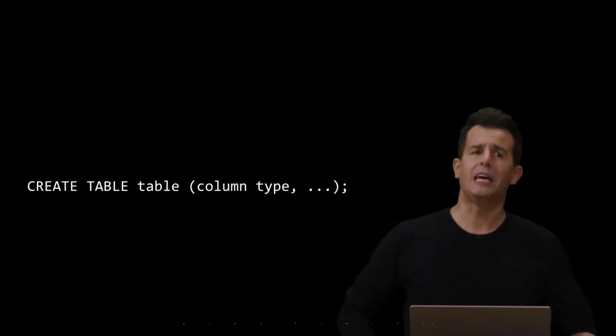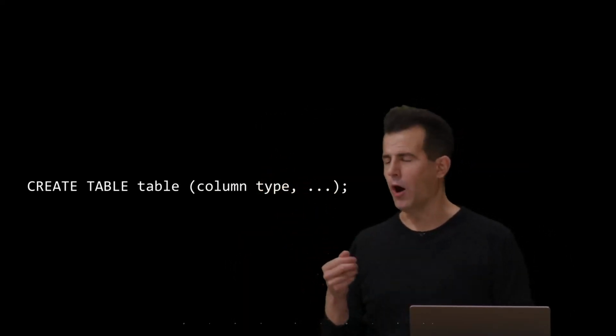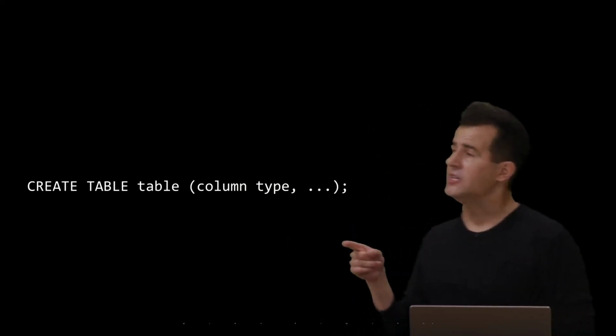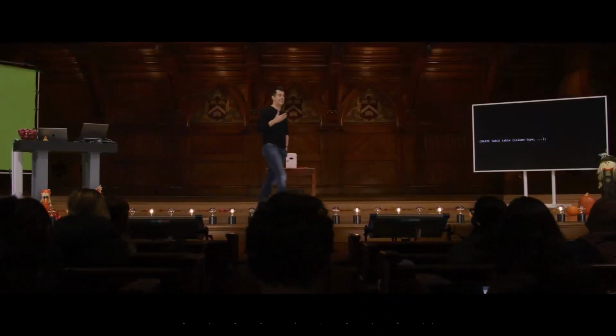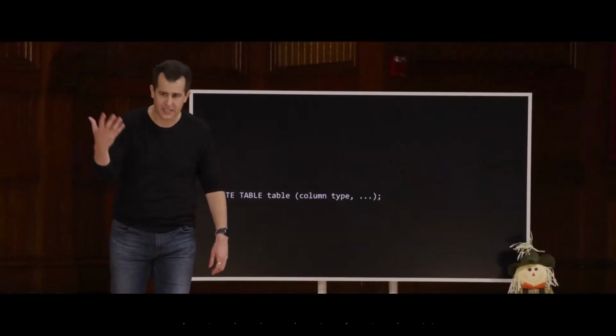You'll say create table. You'll give the name of the table, which you can call most anything you want, but generally all lowercase, no spaces is best. Then in parentheses, you can specify a comma-separated list of the columns that you might want in this table. So this is the code equivalent in the SQL language of like manually opening Google Sheets or Excel or Numbers